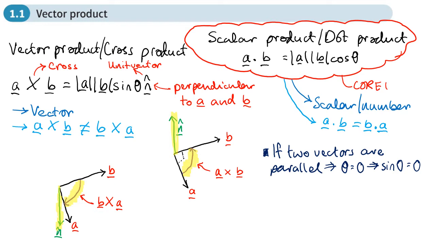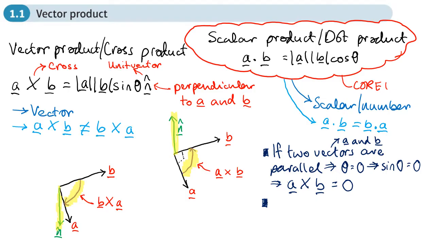So if two vectors are parallel, and we call those two vectors A and B, then A cross B will equal 0. So that's the first result we get from this. We'll call these vectors A and B. And secondly,